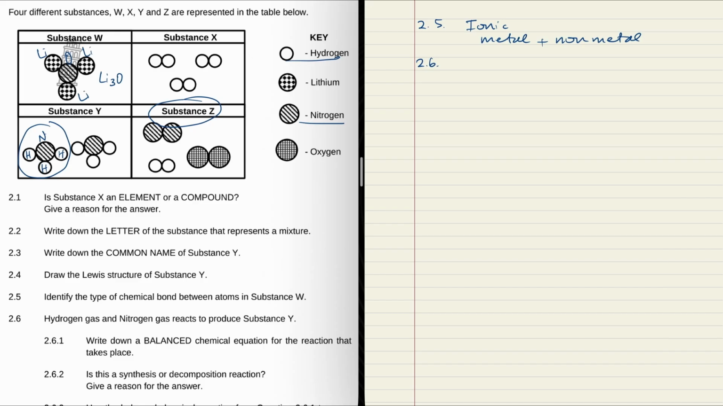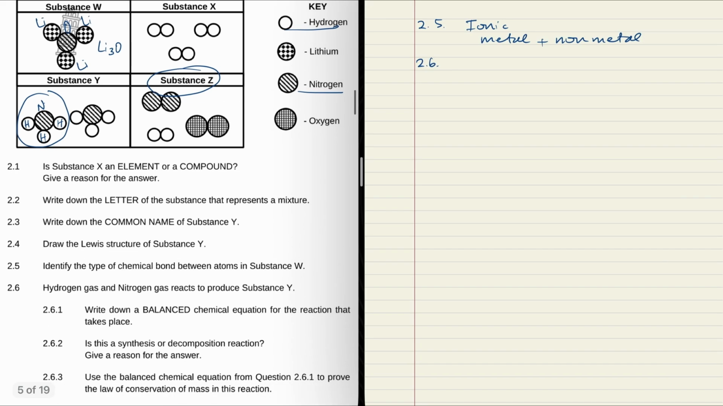Question 2.6, hydrogen gas and nitrogen gas react to produce substance Y. Write down a balanced chemical equation for the reaction that takes place. So 2.6.1, hydrogen gas is H2, nitrogen gas is N2. So H2 plus N2 produces NH3. Now we need to balance this. I can put a 2 in front here, and I can put a 3 in front there, and that's going